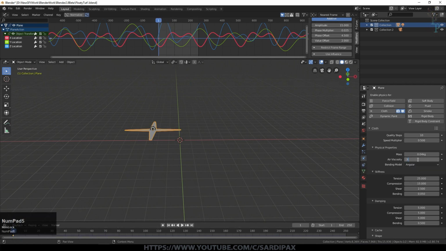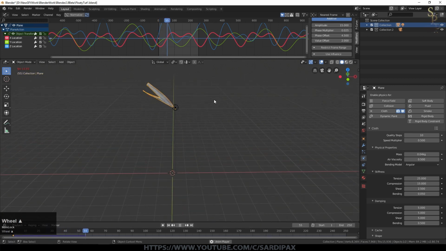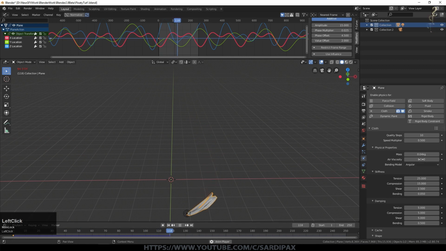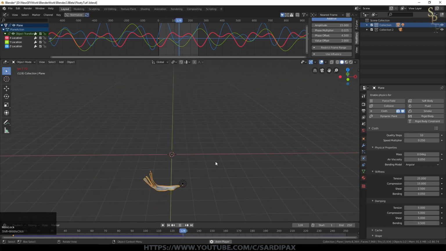So I found you can reduce the air viscosity here if you want the tendrils to fly out a little bit more. You can even go to a really low value. You can see they're flapping around a little bit there, which is quite fun. And of course, exactly what they do will depend on the motion that you've instilled with these modifiers up here. And you can play with the speed multiplier here. And it may seem to get away from its light source occasionally, and that's not too much of a problem. And you can even add forces to add turbulence to the